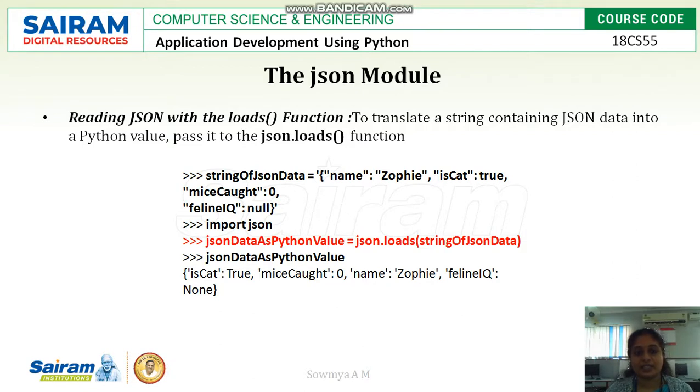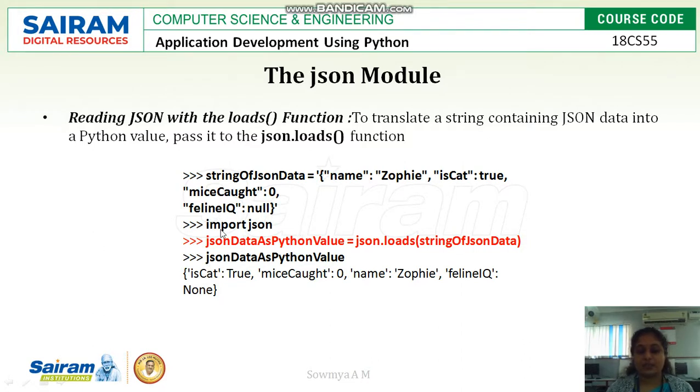First is reading JSON with the loads function. To translate a string containing JSON data into a Python value, we pass it to the json.loads function. To do that, first we have to import json. Before that, let us write the JSON string data, which has name as Zophie, cat as true, and number of mascots as 0, and felineIQ as null.